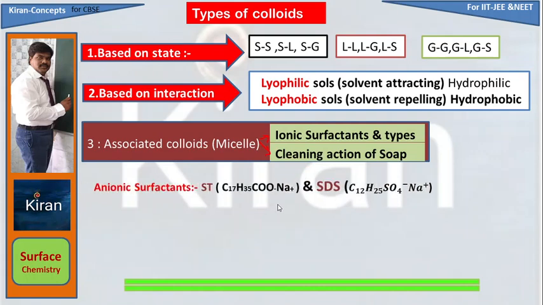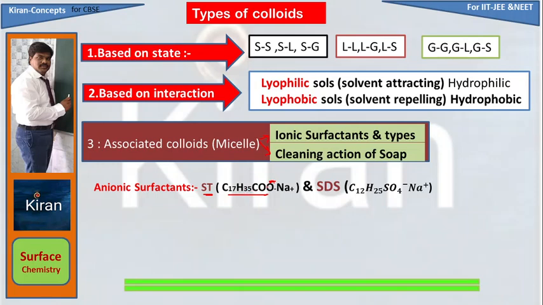Next, fourth topic, anionic surfactants. Surfactant means what I told just now, micelles only, associated colloids only. Another name for colloid here is surfactant. If the surfactant has a negative charge, it is called an anionic surfactant. See here, C17H35COO minus. This is the stearate ion, where an anion is formed when dissolved in water. Hence this colloidal particle is known as an ionic surfactant, anionic surfactant, a negatively charged colloidal particle.